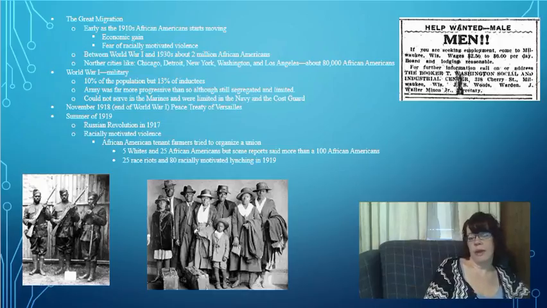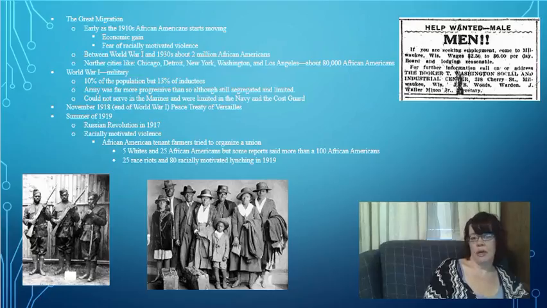So, you may or may not be familiar with the Great Migration. Some people date it as early as the 1910s, when African Americans start moving from the South. Last week, we discussed lynchings, and basically how bad it had gotten in the South between the end of the Civil War and Reconstruction up until almost the 1920s, called the nadir of race relations. So, as early as the 1910s, African Americans start moving out of the South.